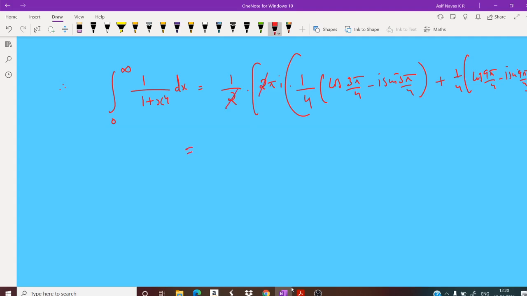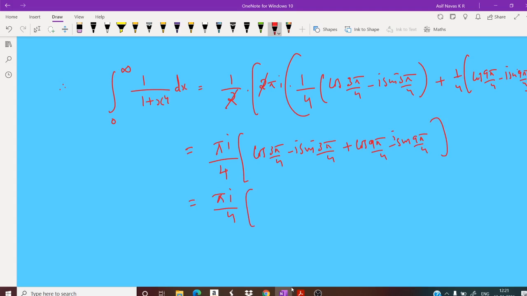This is equal to pi i divided by 4 times (cos 3pi/4 - i sin 3pi/4 + cos 9pi/4 - i sin 9pi/4). Now we will calculate this. Cos 3pi/4 you can write as cos(pi - pi/4). This is equal to minus cos pi/4, which is equal to minus 1/root 2. So minus 1/root 2,